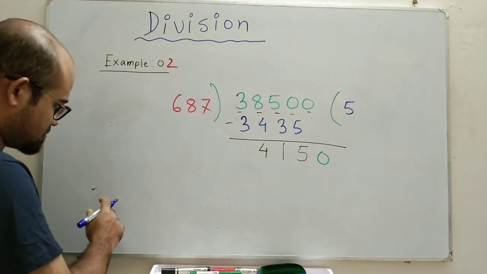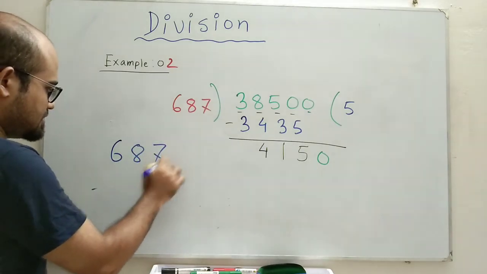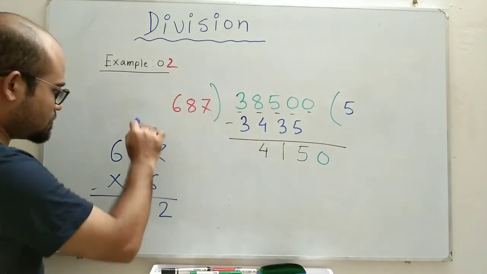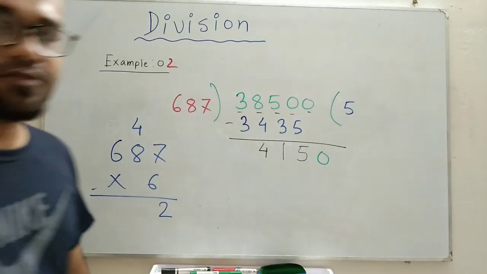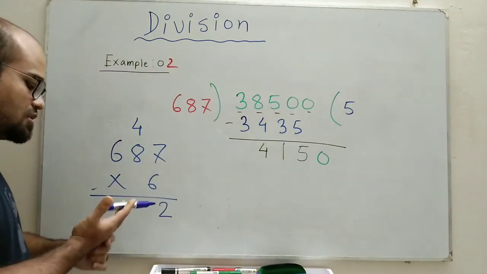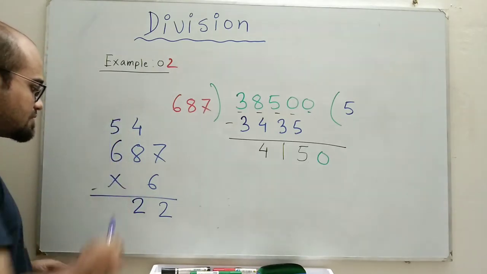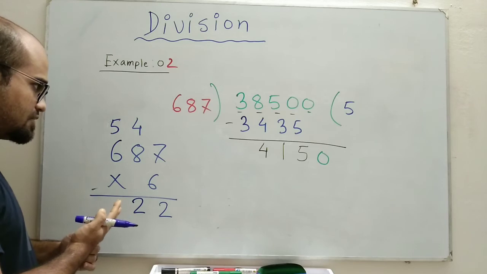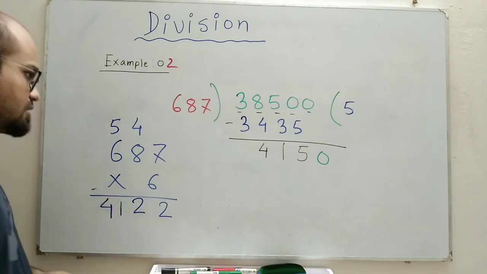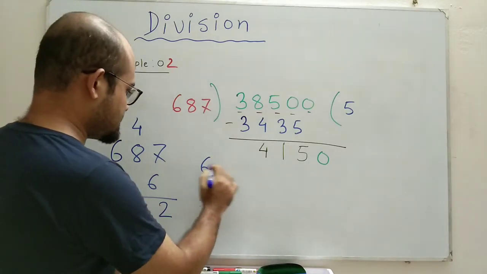Well, we have tried out 6, I think, previously. Let's try that out again. 7 6s are 42, carry 4, 8 6s are 48, 48 plus 4, 52, carry 5, 6 6s are 36 plus 5, 41. 4122. Seems a very good choice, but as usual, let's